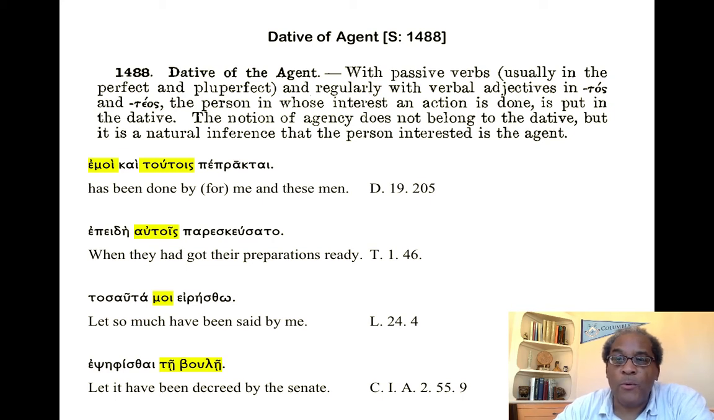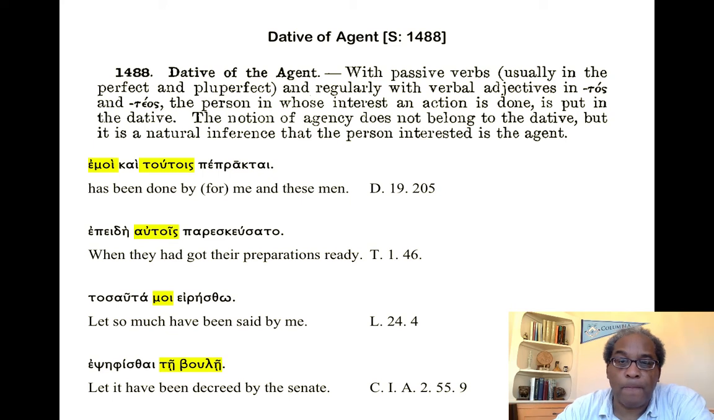With passive verbs, usually in the perfect and pluperfect, and regularly with verbal adjectives in tos and teos, the person in whose interest an action is done is put in the dative. The notion of agency does not belong to the dative, but it is a natural inference that the person interested